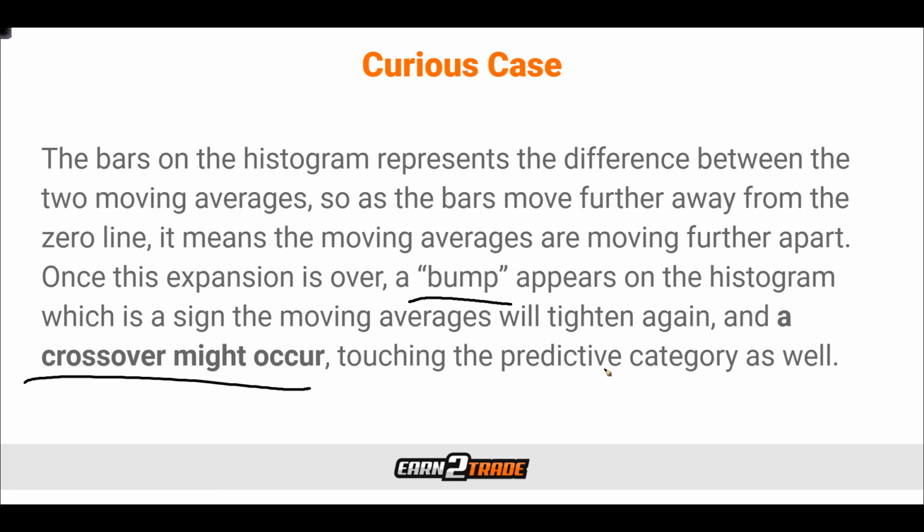So as we see with the MACD, it has both predictive as well as lagging properties about it, so it is a rather curious case because depending on how the trader chooses to use it, you can find it in the lagging or leading category. Now predominantly, you're going to find the MACD categorized more so as a lagging indicator.